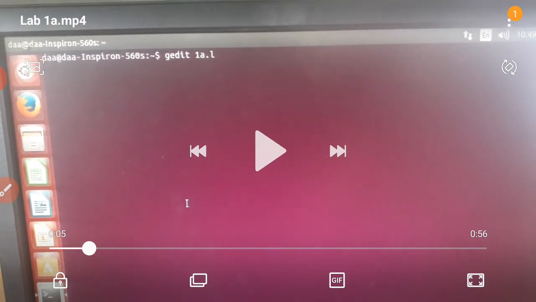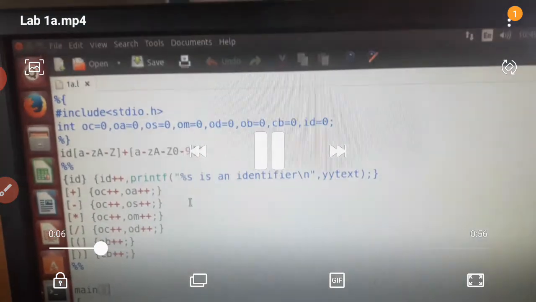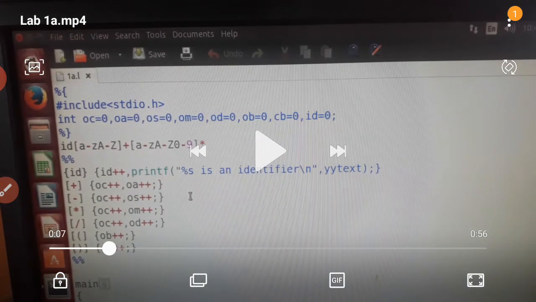First use this command: gedit 1a.l. The .l extension I'm using because I'm using the lex code. After using gedit 1a.l, it will be displayed here. Write the code.